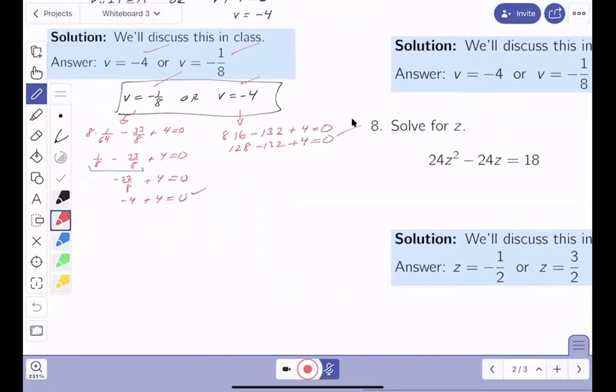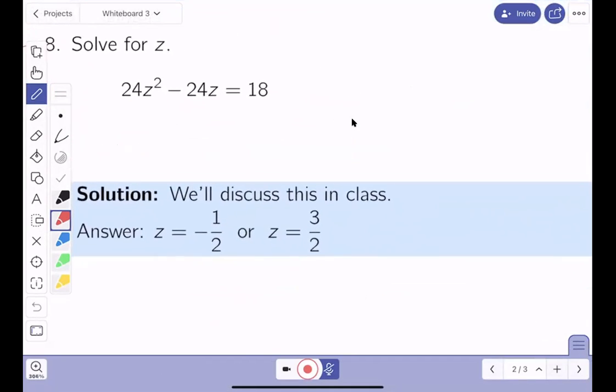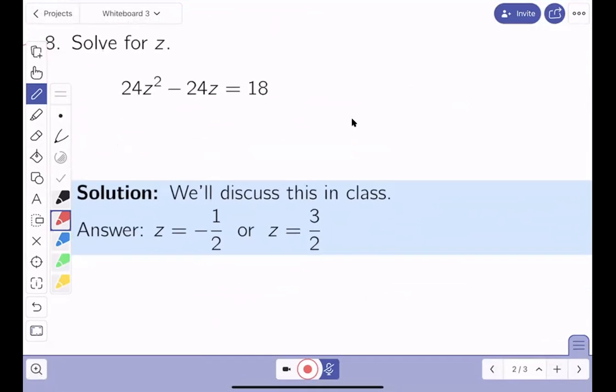Oh, I'm sorry. That was 7. Now I have to do 8. All right, this is number 8. Sorry about that. Well, I'm going to do it for you. And what do you get over here? 24z squared minus 24z